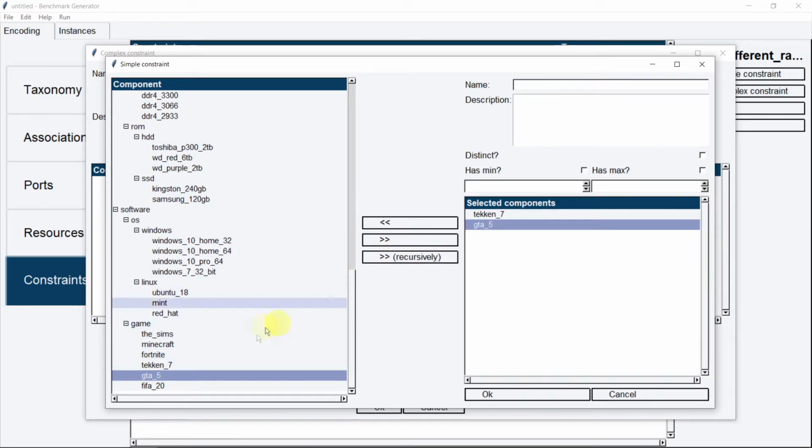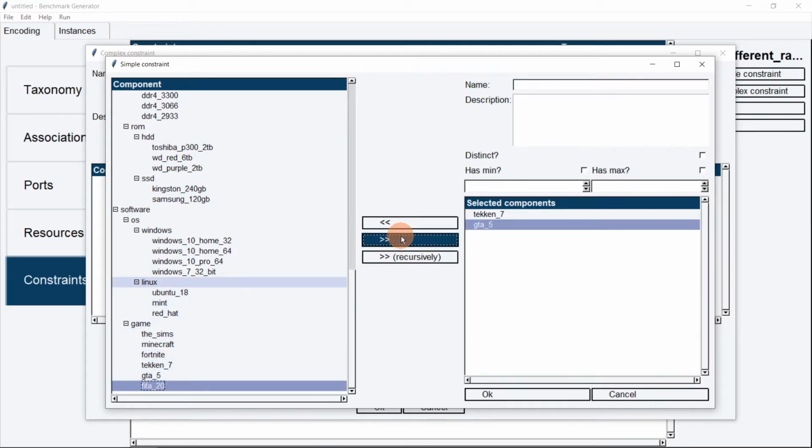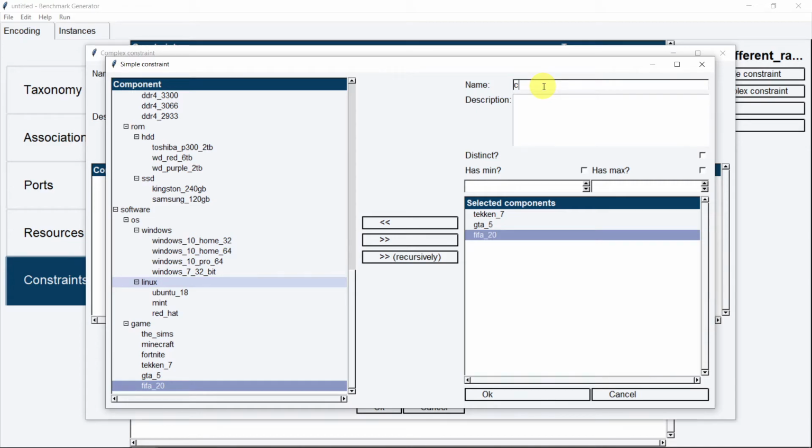We select the games Tekken 7, GTA 5 and FIFA 20. Input the name and input the lower bound of 1, because an appearance of any of those will be sufficient to activate the implication. Okay,